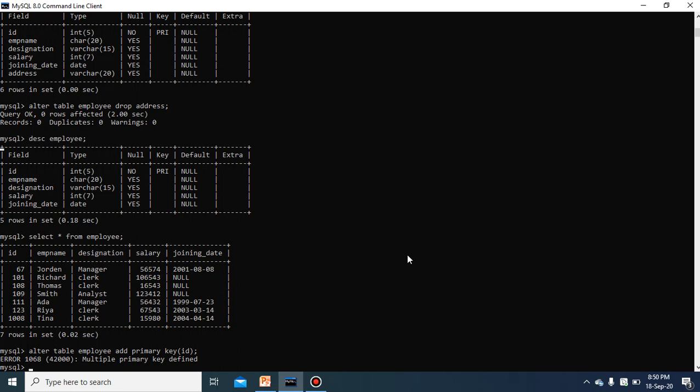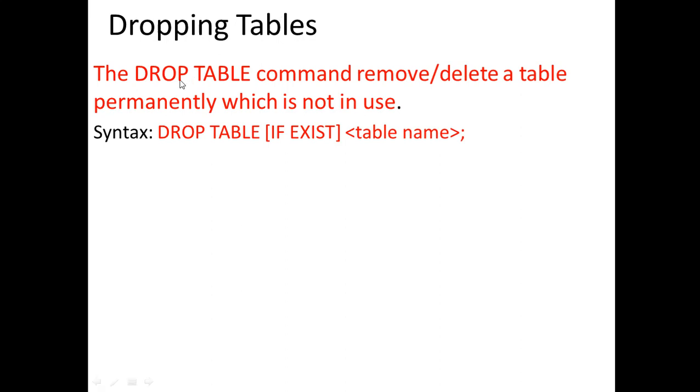Okay, next we will see the last topic of this chapter: how to drop the table. The DROP TABLE command removes or deletes a table permanently which is not in use. Suppose you have a table and now you don't need it, you want to remove it.